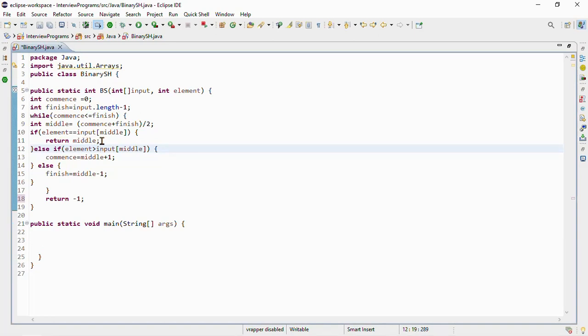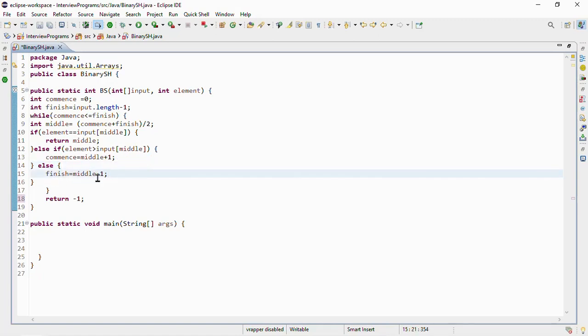Else if element is greater than input middle, commence is equal to middle plus 1, means if the element is greater than the element at the middle index, it means the target element must be in the right half of the current search range. Okay, therefore update commence to middle plus 1, which shifts the search range to the right half,